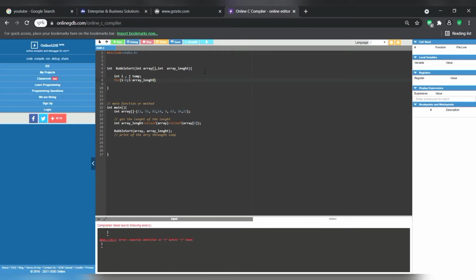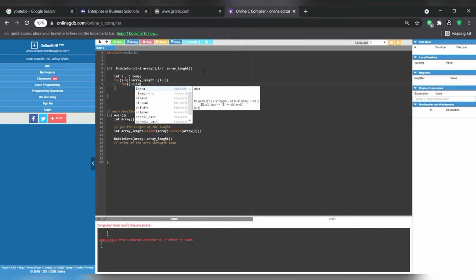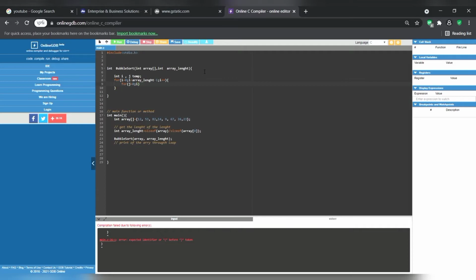So as you know, we initialize this i with 0, and the condition is array length - 1, because we know that the length started from 0. That's why we subtract 1 from the whole length of this array. Again I will take the inner loop. We use the first loop for looping over the elements of this array, and the second for checking the array elements and swapping. Okay.